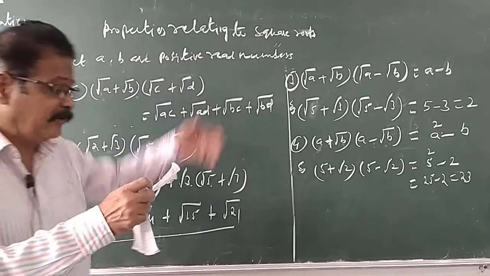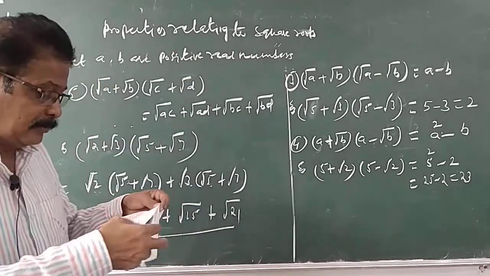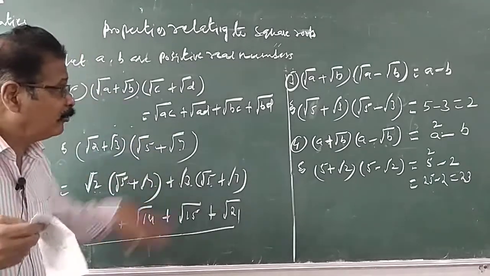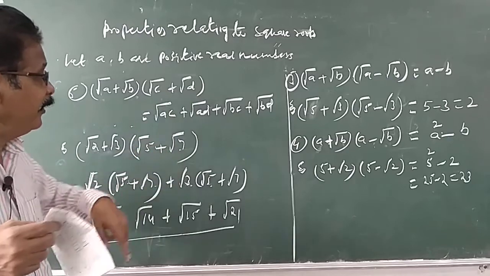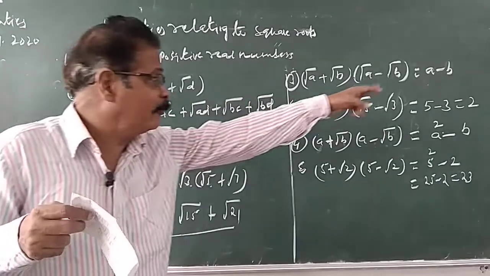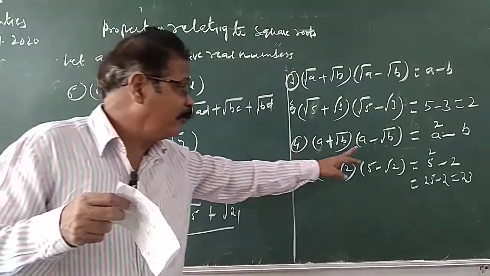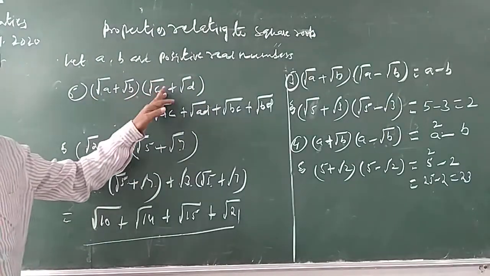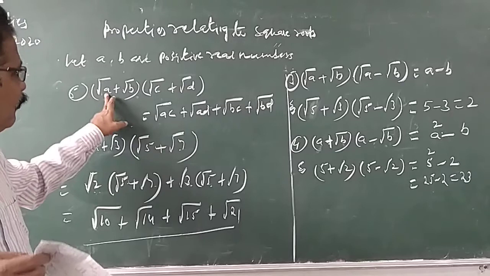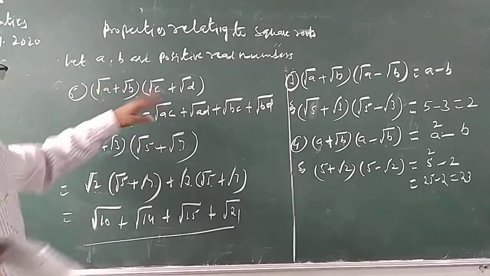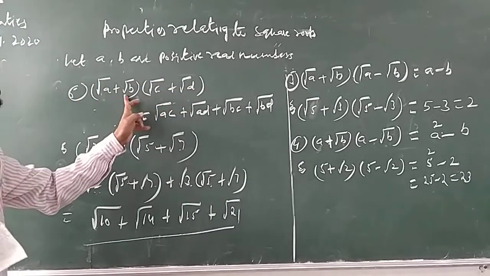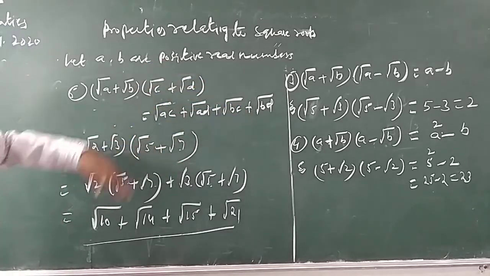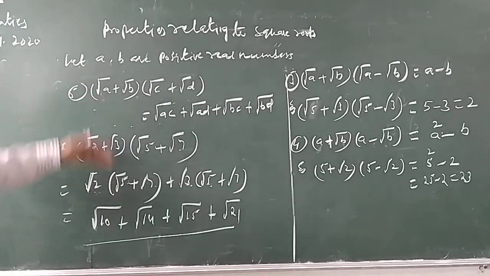Similarly, as we have learned all these operations, the first properties relate to square roots. We know root ab is equal to root a into root b, root a by b equals root a by root b, root a plus b, root a minus b, and (root a plus root b) into (root a minus root b) equals a minus b. So (root a plus root b) into (root c plus root d) equals root ac plus root ad plus root bc plus root bd: root a into (root c plus root d), root b into (root c plus root d), you will get this result.